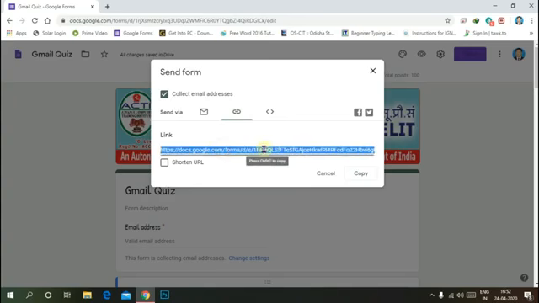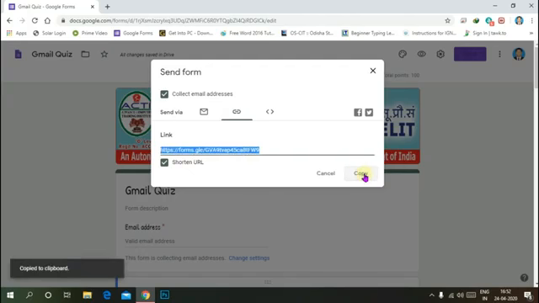You must shorten the link using the shorten URL checkbox. It's already shortened. Just copy the link and send it through SMS or WhatsApp or Facebook, Twitter, any media which is available on your mobile phone or computer.